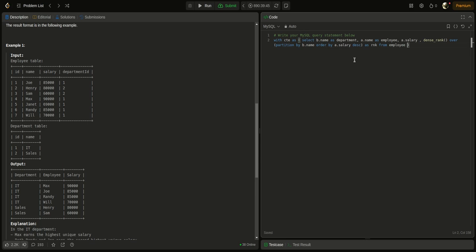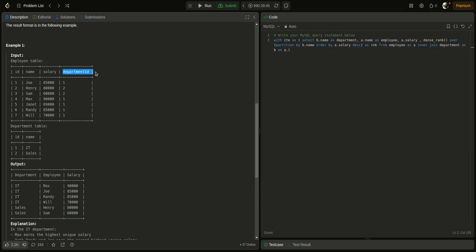As A INNER JOIN the department table as B ON a.department ID.